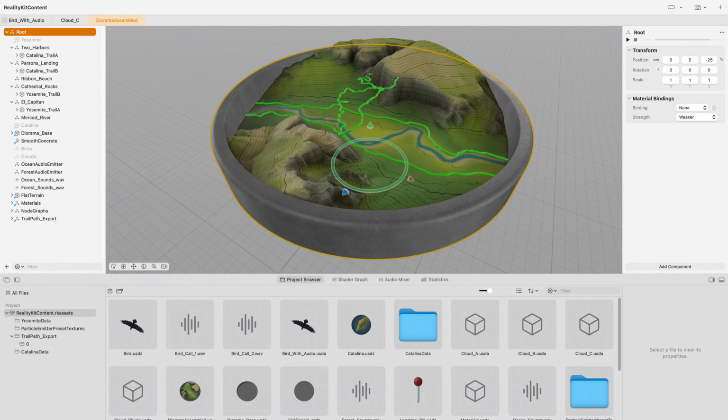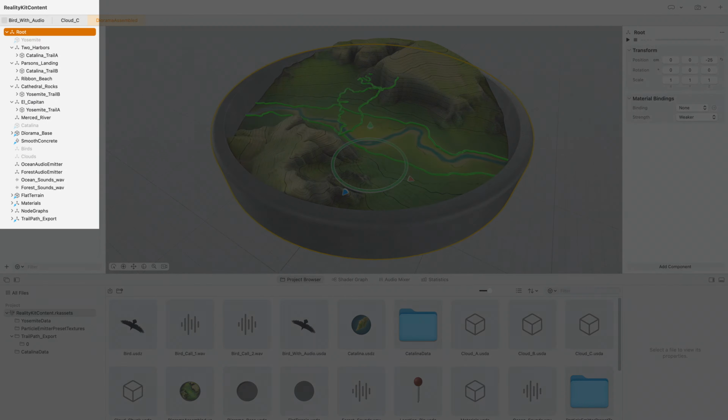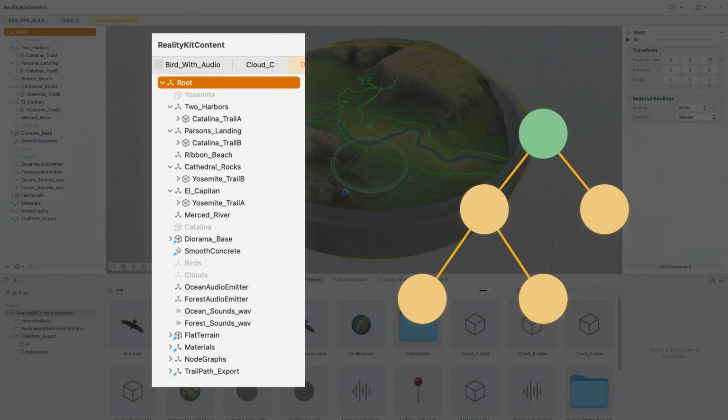The entity we just loaded is actually the root of a larger entity hierarchy. It has child entities, and they in turn have child entities. It's everything we arranged in our Reality Composer Pro scene. If we wanted to address one of the entities lower down in the hierarchy, we could give it a name in Reality Composer Pro, and then at runtime, we could ask the scene to find that entity by its name.